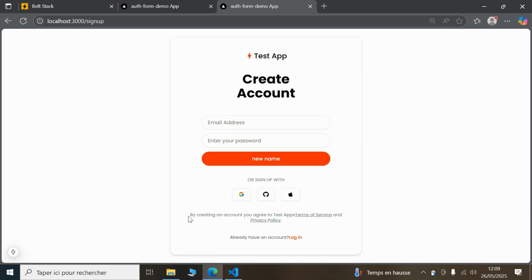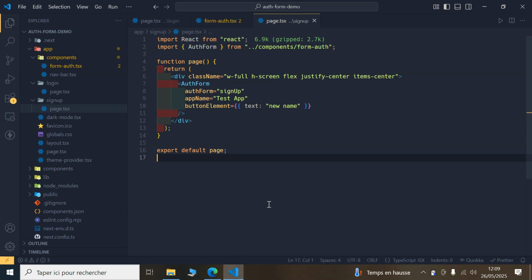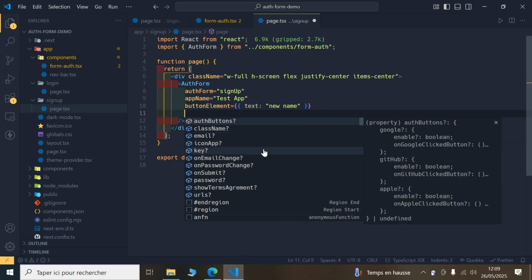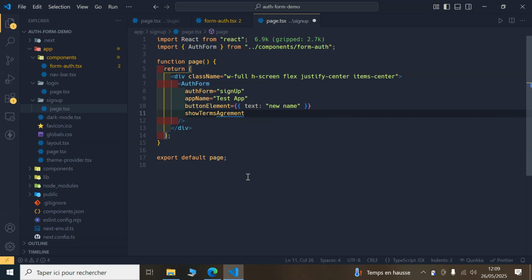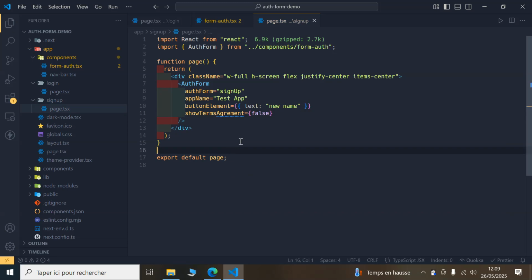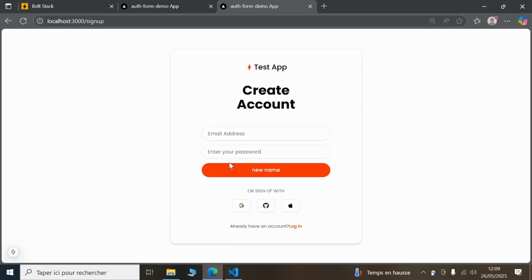Another prompt that I want to show you is to be able to hide this whole thing in here. So here we're having the show terms agreement, and I'm going to type in false, and let's go back. And as you can see,